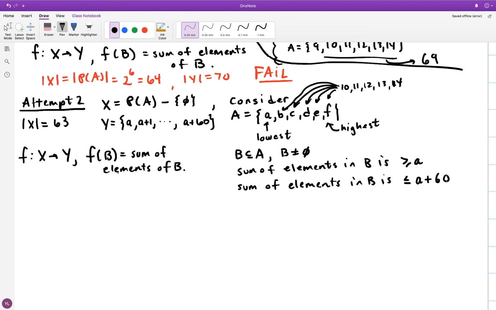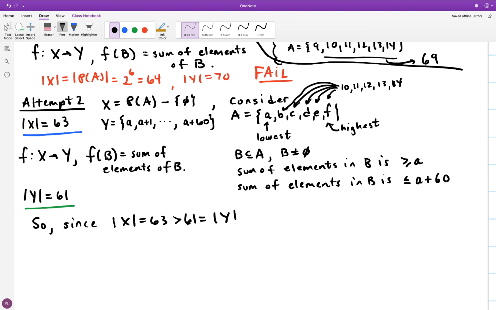And now I think I get what I want. Let's look at the cardinality of the set Y. Well, I know the cardinality of the set X is 63. That's the domain of this function. And the cardinality of the set Y, well, look, it's a plus 1, 2, 3, 4, 5, 6, all the way up to 60. So that's 60 numbers there, and then one more. That's 61. Aha. So since the cardinality of X being 63 is bigger than the cardinality of Y being 61, f is not a one-to-one function